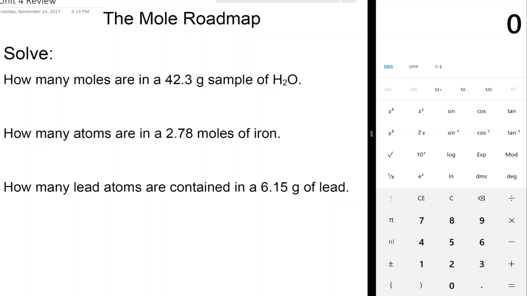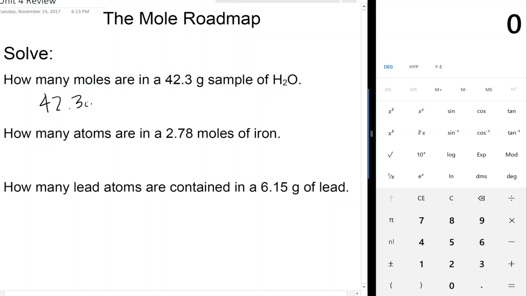Now that you've had the opportunity to solve these three problems using your mole roadmap, we'll go through how to change 42.3 grams of water into moles, 2.78 moles of iron into atoms, and 6.15 grams of lead into lead atoms. There will be 3 questions just like these on your test. To start off with,